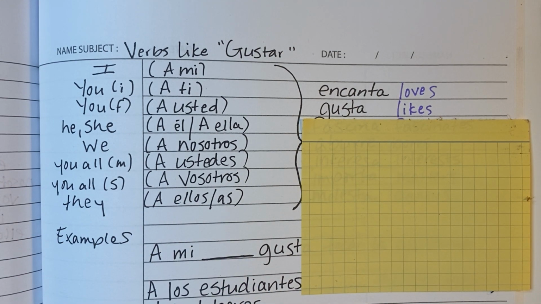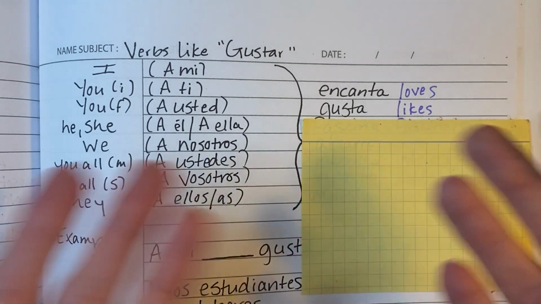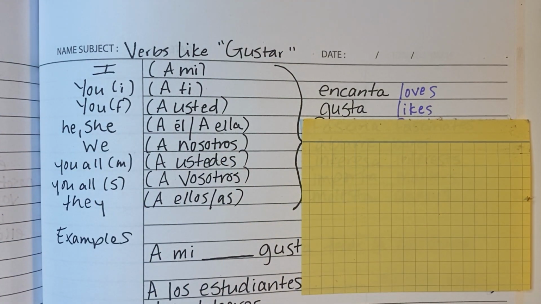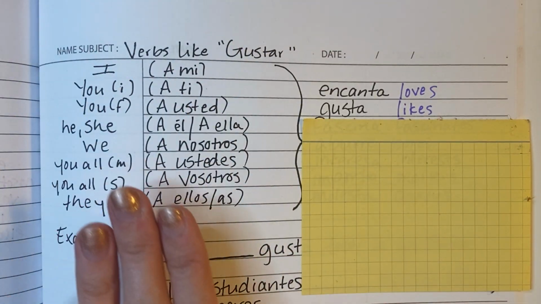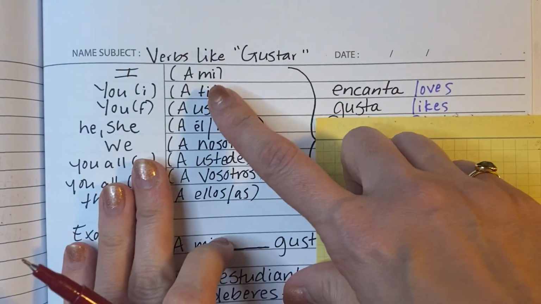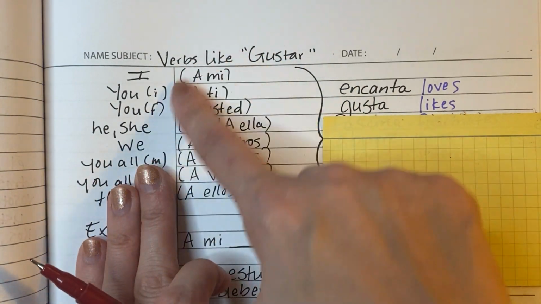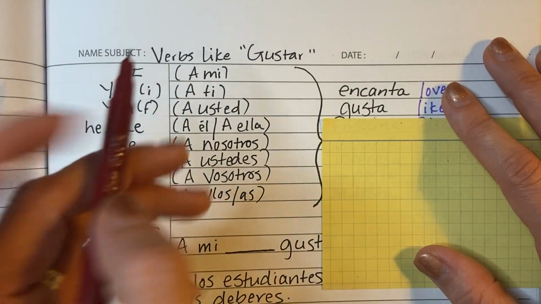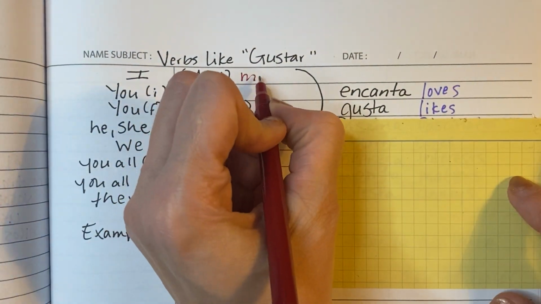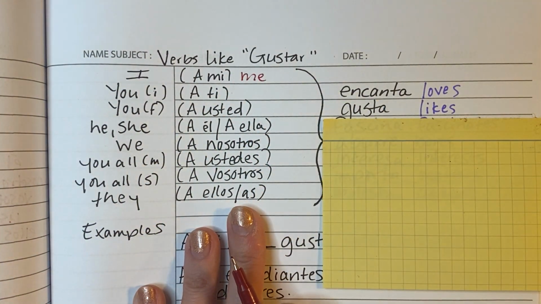The thing that you need to know really is that these types of verbs just don't conjugate like other verbs. They just sort of play by their own rules. So let's take a look and see how they do conjugate. For I like, you would say a mí. The a mí, I have it in parentheses because all of these are optional, okay? A mí me, and I love, me encanta, I like, me gusta, okay?